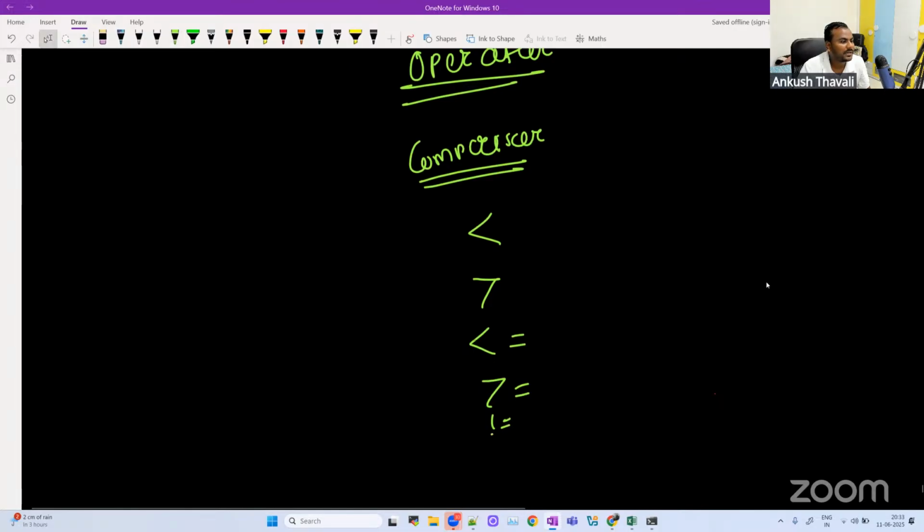Why do we use this comparison operator? Let's say I have a condition where I want to know the records having salary greater than 5,000. I don't want to select all records. I want to select only those records which have salary greater than 5,000. I'll just create a table, create table emp with